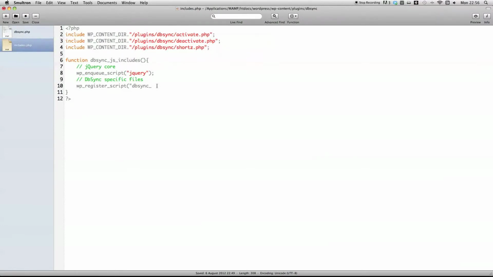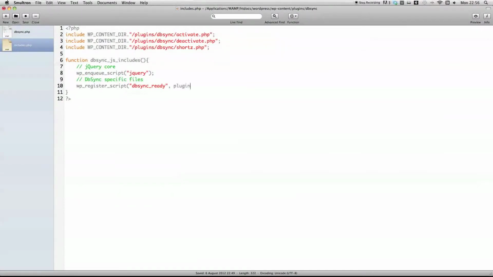So I'm just going to give the name of this file dbsyncready, because the file I'm going to be creating is called ready.js, so the naming scheme makes sense. So I've got the name we want to call for when we onQ it. Now we just need